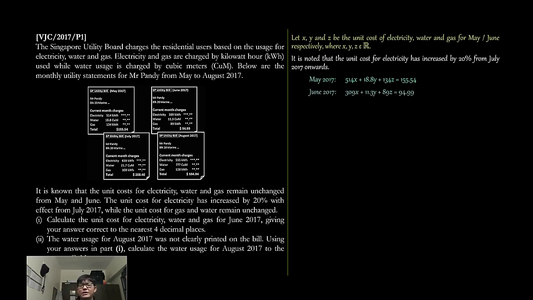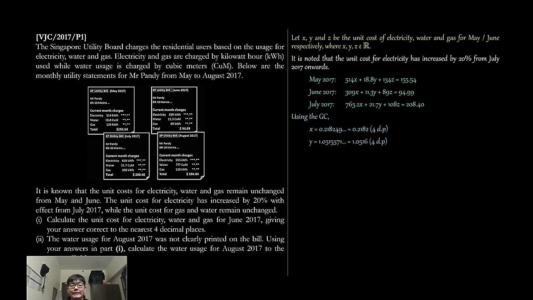Now when it comes to July, electricity costs increased by 20%. So it's no longer X dollar. Instead, it is 1.2X. Now you take 1.2X and multiply by how much was used for the month of July. In this case, it's 639. And so if you take 639 times 1.2, you should get 763.2. So that's what I have for the month of July. With that said, you can use the GCE, then you can find what is X, what is Y,